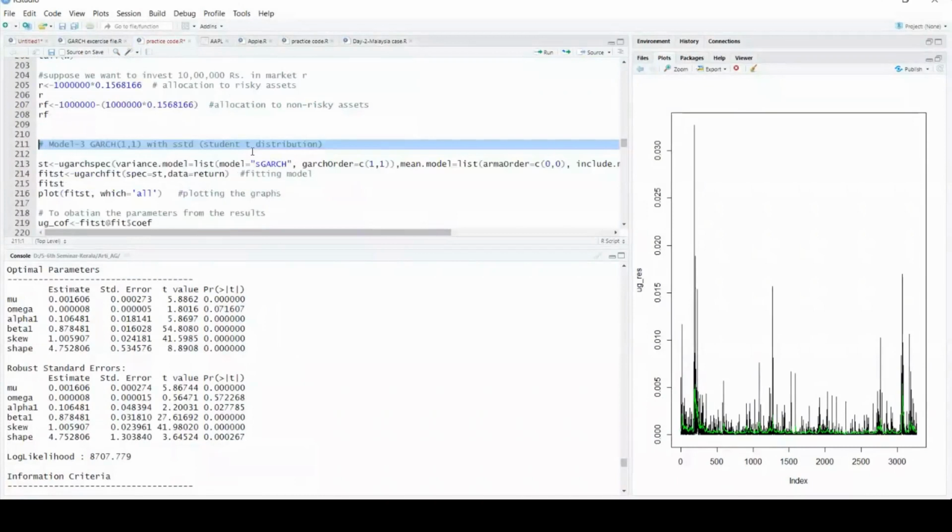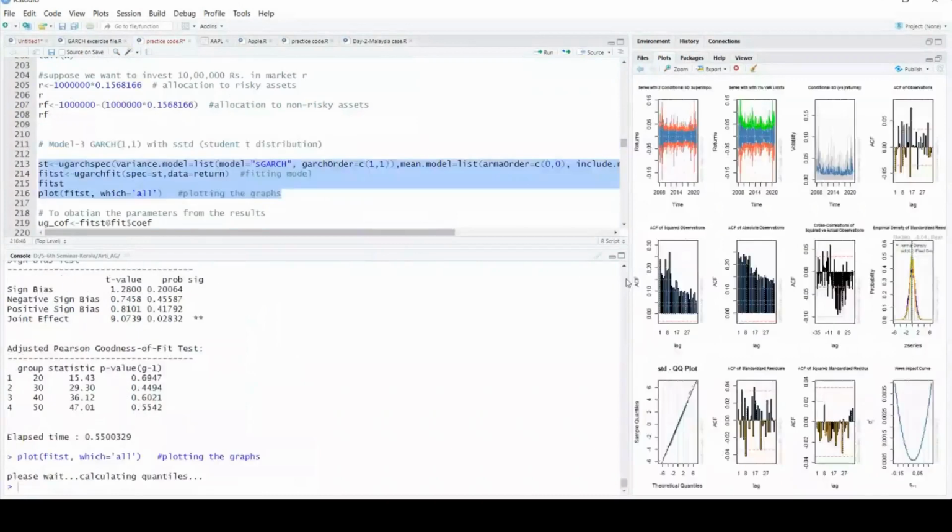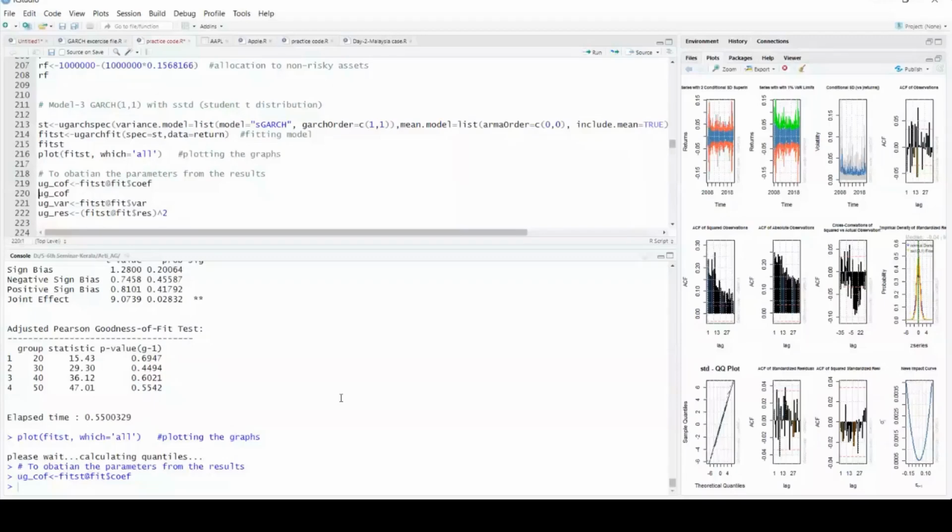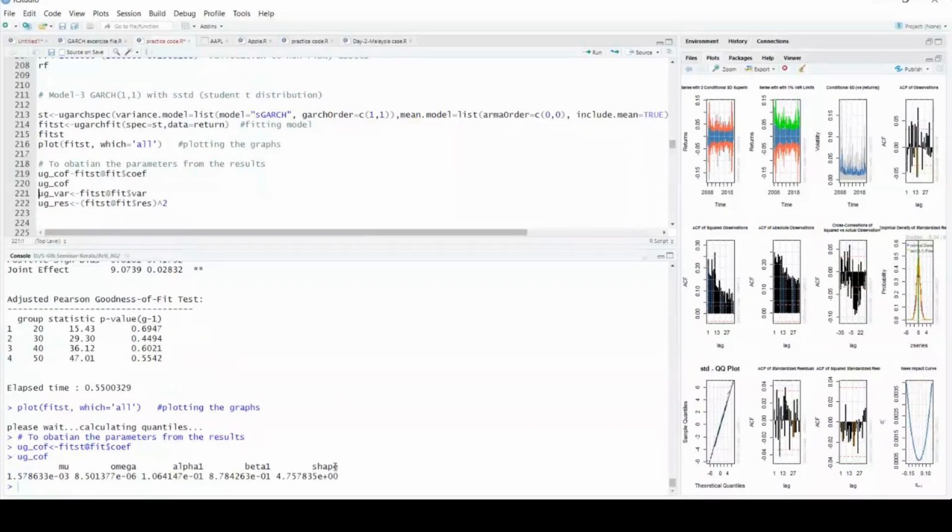And you can see the plot here. First of all, let us see the results. I will extract the coefficients here. Let me see what the coefficients are. With only student T, what will happen? Only the skewness part will not come; only the shape parameter will be there. You won't get the skewness part. So I think skewed T distribution is much better in comparison to only student T distribution, because it gives you a hunch of skewness also. More or less the results would be the same, because I've already run it, so I know the results will be the same.